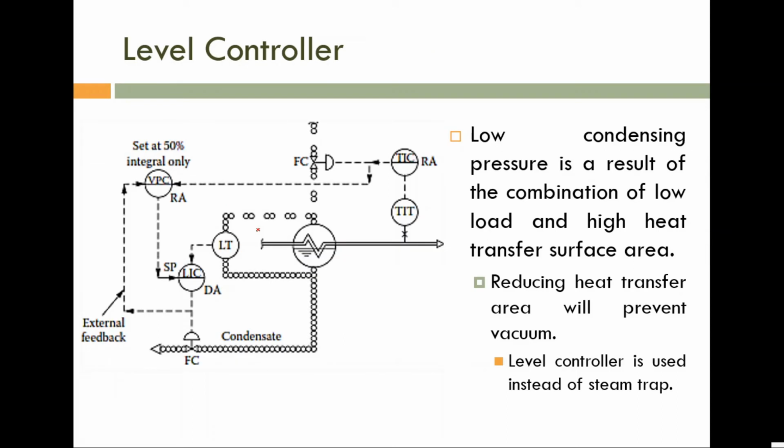Please note down this diagram, level controller, which can provide better accuracy compared to the condensate throttling, and still it can handle the blown up problem. It can't give the same accuracy as the steam manipulator, steam throttling. It can give better accuracy, but that accuracy level will be less than the accuracy of the steam manipulator, but it can handle the blown up problem. Okay, so please note down this diagram, level controller.